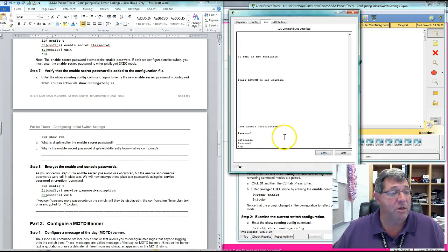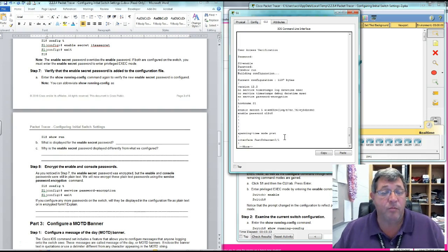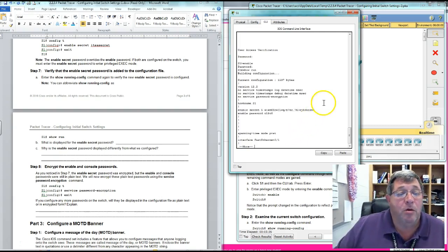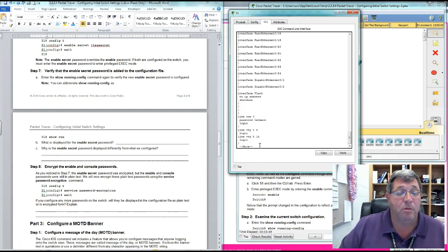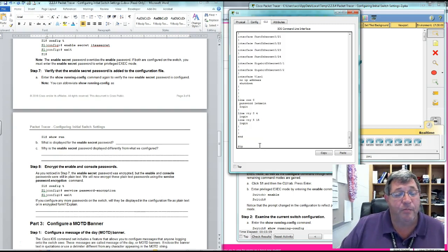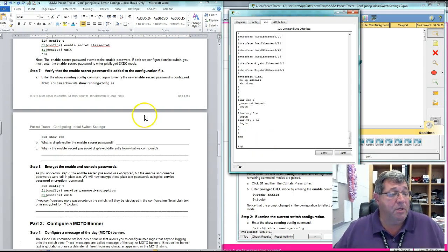And I want to see that it's in there, so I'm going to do a show run. And notice that my secret password is encrypted. It's actually hashed, so nobody can read it or understand what the actual password is. But my let me in password is still there. So I need to fix that. The way to fix that is in step 8,